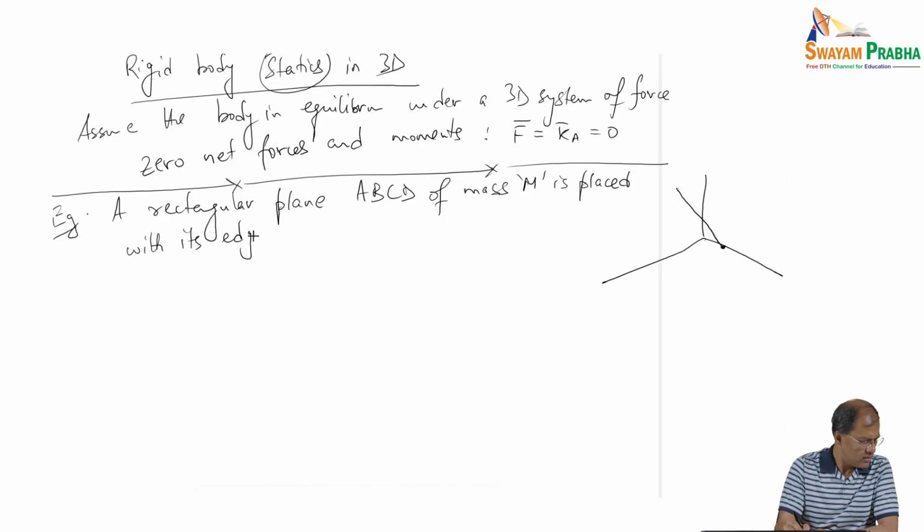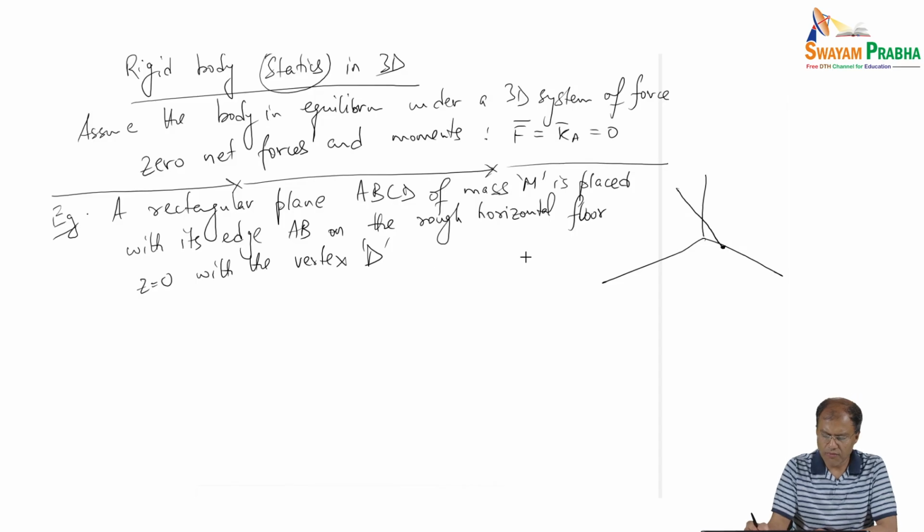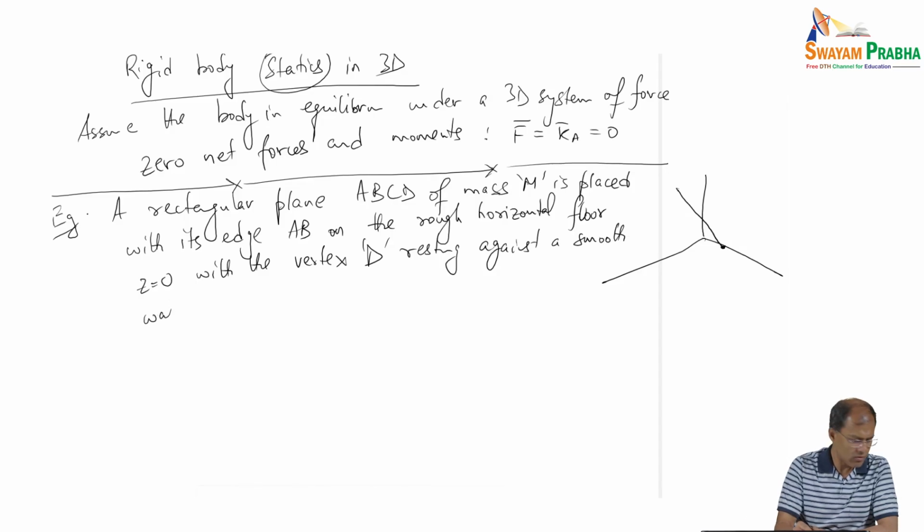with its edge AB on the rough horizontal floor, z equal to 0, with the vertex D resting against a smooth wall, x equal to 0. The four vertices of the panel